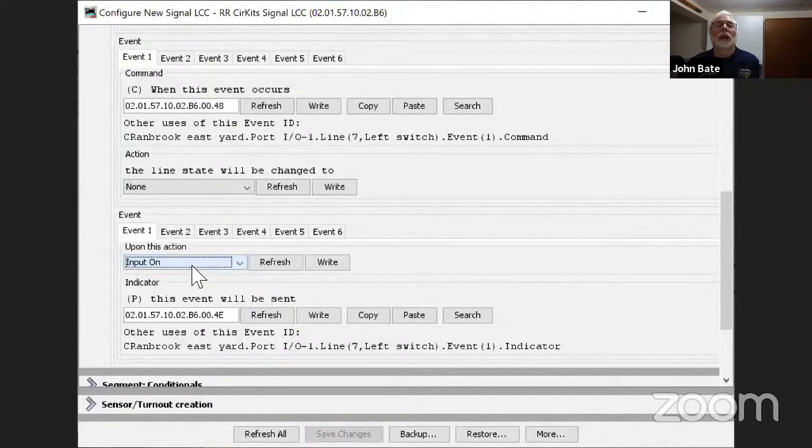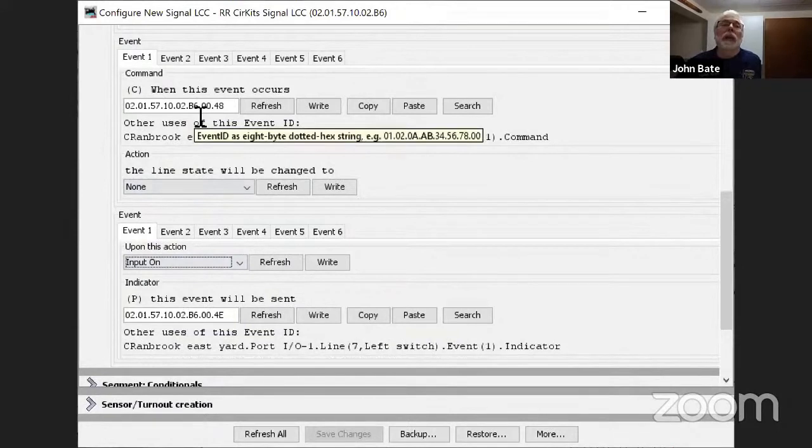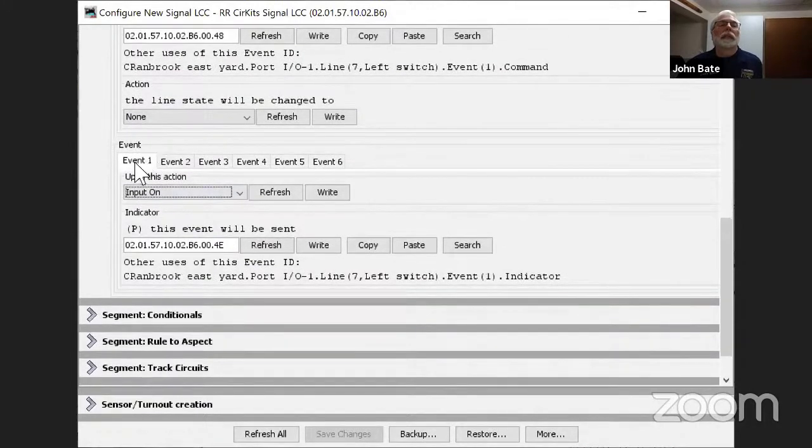So right here, I've got a switch. I don't want it to consume anything. It's a switch. I want it to produce something. Normally inputs produce things and outputs consume things. You can do it the other way around too. Sometimes there are weird cases where you do it the other way around, but I'm just going to go down to here and say, okay,